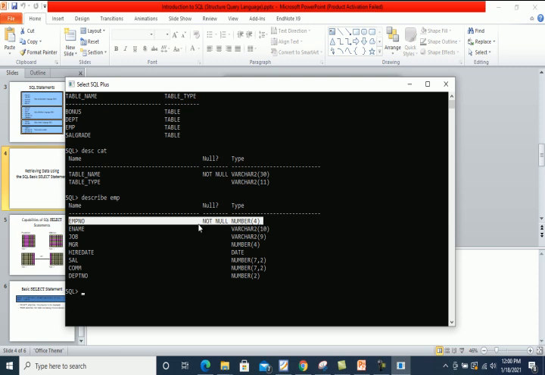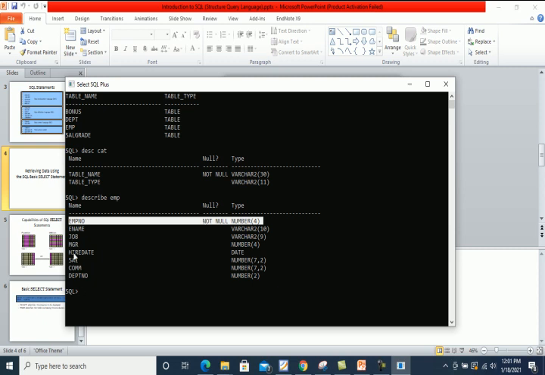Not null means that this is the primary key, and in this column null values, meaning empty values, and repetitions are not allowed, because a primary key has two main properties: not null and unique value, or we can say that duplication is not allowed inside the primary key column.